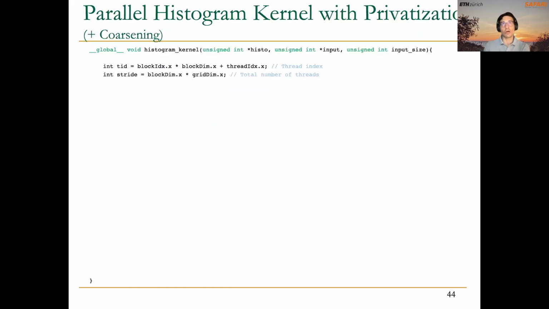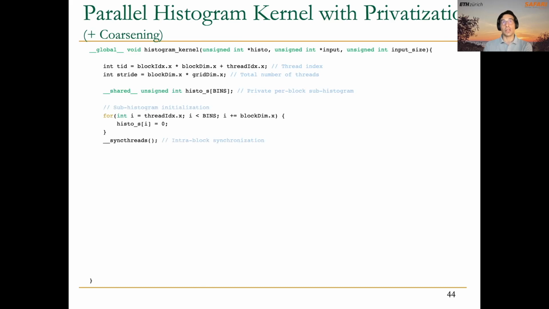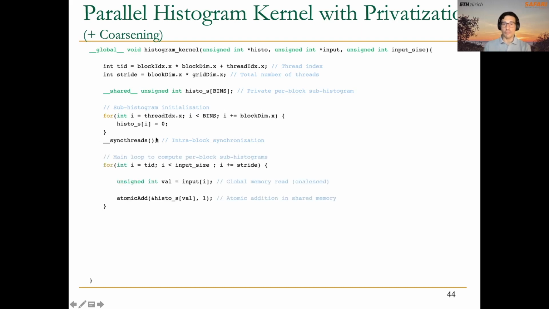And here you can see the code for the parallel histogram kernel with privatization and coarsening. As usual, we start with the global thread ID based on the block ID and the local thread ID. We are also going to use this stride, that is the total number of threads, and we declare the private per block subhistogram, and then we do some subhistogram initialization. This means initializing all the bins of the histogram with the identity value, that in this case is 0. After this is done, all the bins of the private histogram are equal to 0. We synchronize, and now we can start executing the main loop,